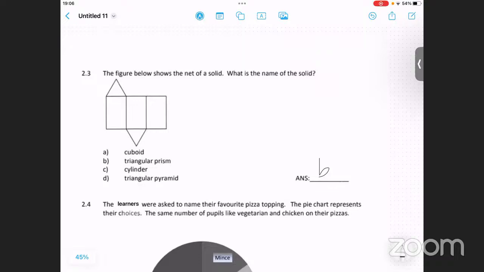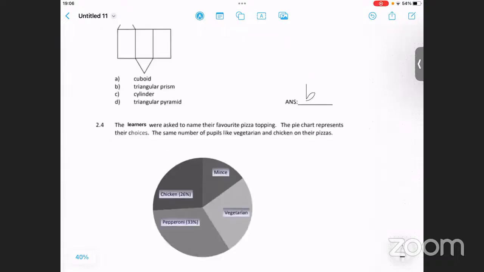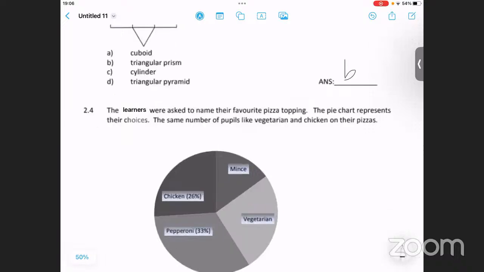Now let's look at 2.4. They say the learners were asked to name their favorite pizza topping. The pie chart represents their choices. The same number of pupils like vegetarians and